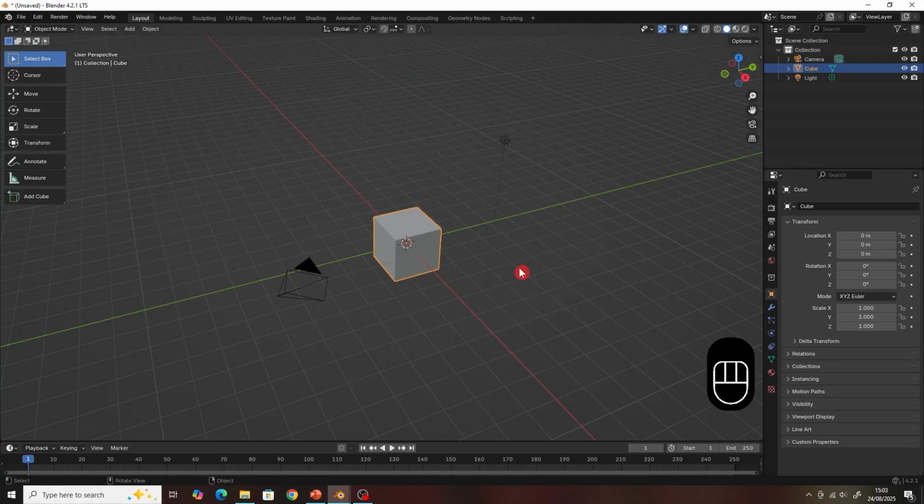Okay, and that's the same with the scale tool as well. Doesn't quite work with the rotate, unfortunately. Okay, so